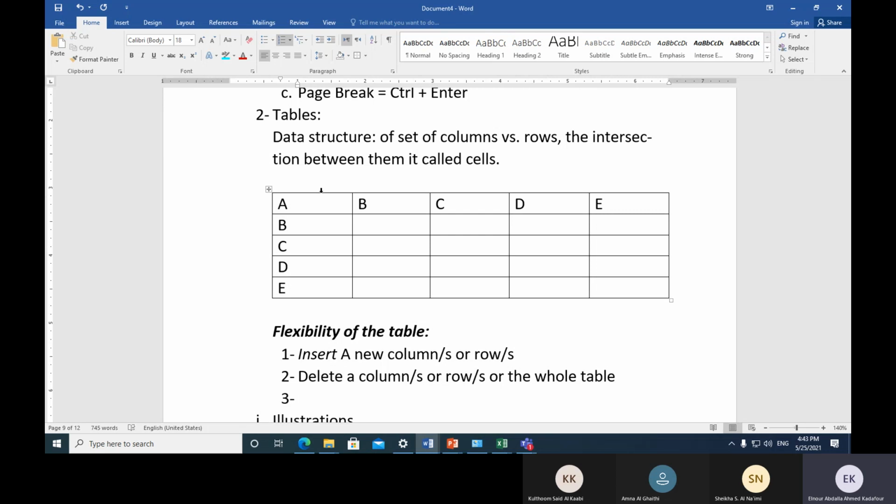Okay. And if I come to the edge of this border, I will get a different shape this way. Okay. If I come to the outside of this table, then I will get this